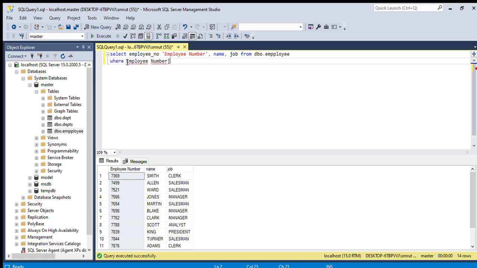So I will write this, but still it is showing some error. Why? Because I cannot refer to an alias name in the where clause of the current query. So what I will do, I will make this query an inner query and I will write an outer query above this. So select